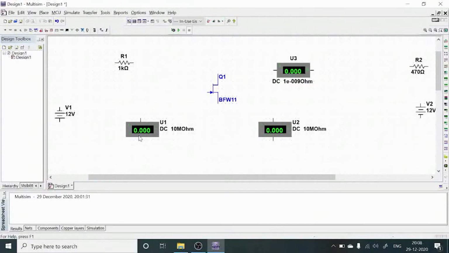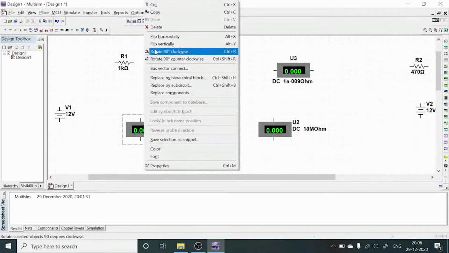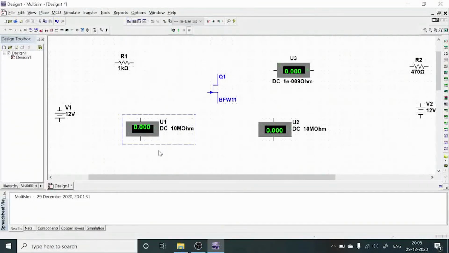And input side, we use this voltmeter. So here also we are going to shift like this. So hence choose this flip vertically here. So negative terminal towards the top side, positive terminal towards the bottom side here. And output side, we require the positive biasing ends, and this ammeter is also, positive terminal of the ammeter is also connected to positive terminal of the DC source ends.